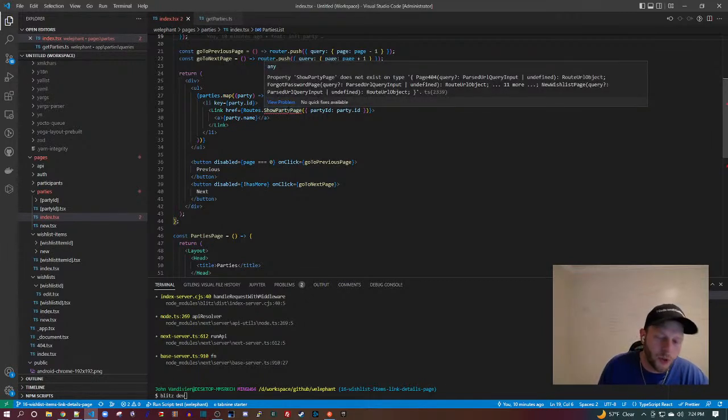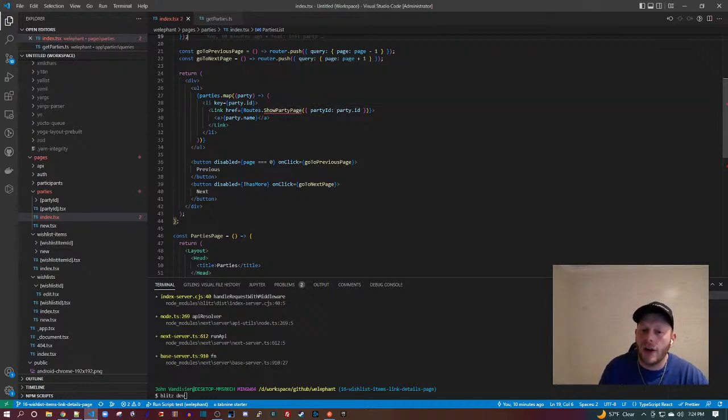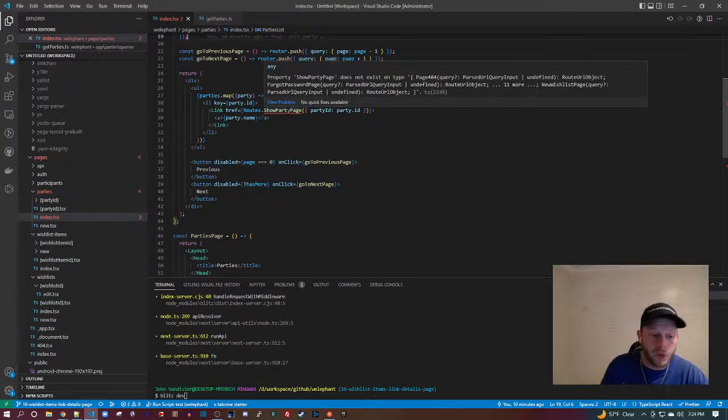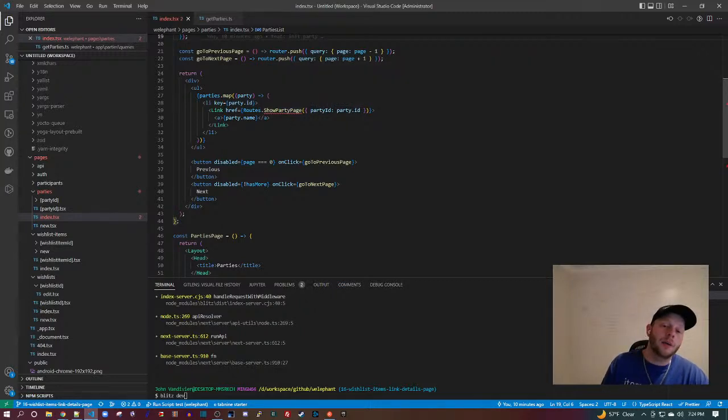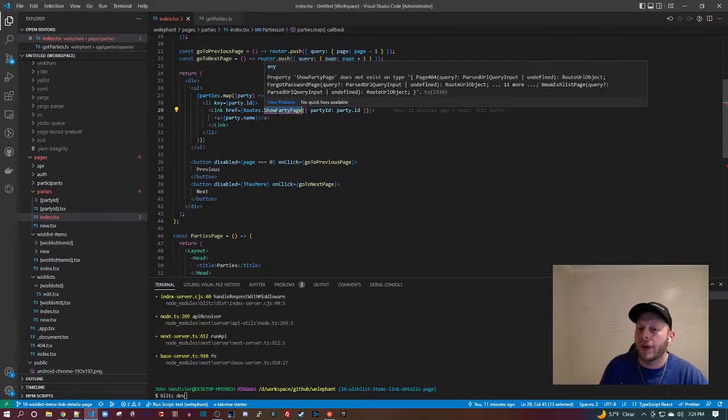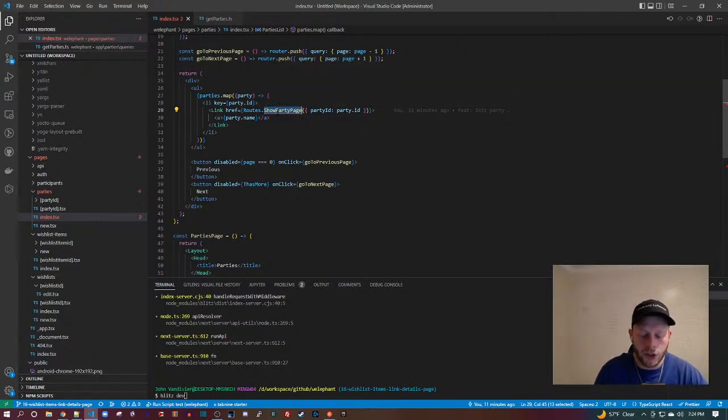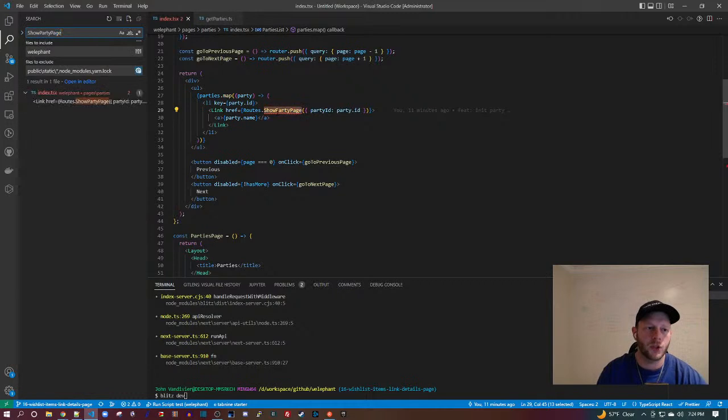So I'm trying to hold the Control key on Windows. This would be Command on Mac. And I'm trying to get VS Code to tell me that I can auto-navigate to the show party page. It's failing to do that, which means to me this is not properly imported and referenced. So I'm going to Control C, copy that on my clipboard. I'm going to try Control P, Control V. I'm going to try and look for this as a file name of any kind, query, mutation, page. Nothing comes up, right? Now I'm going to Control Shift F, Control V, enter.